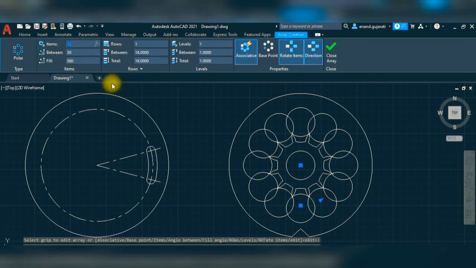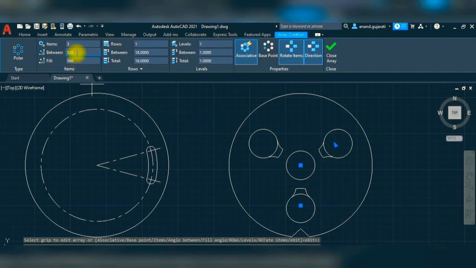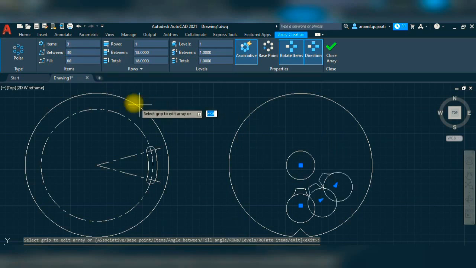For example, if I want 3 objects which are 30 degrees apart, here you can see in the figure there is one object, second object and the third object, which is 3 objects. The angle between two objects is 30 degrees.